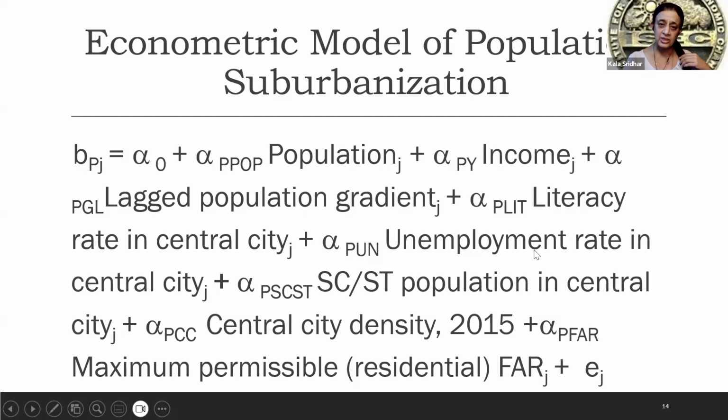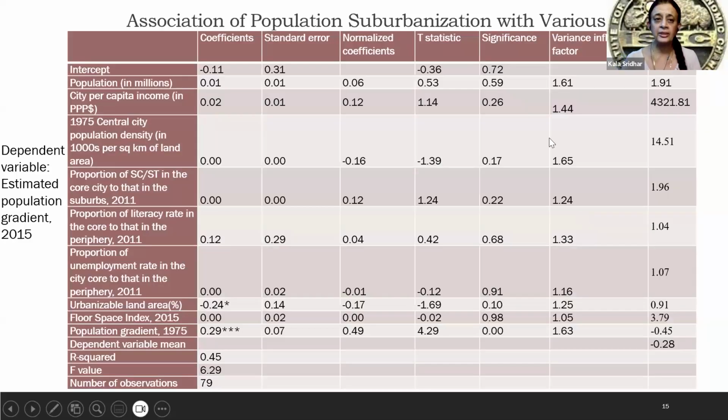And in the second stage, which is what this equation is, we try to understand what explains the suburbanization, considering the natural evolution factors, the central city flight from blight factors, and along with land use regulations. So, what did we find? Actually, the findings were not very interesting, in the sense that